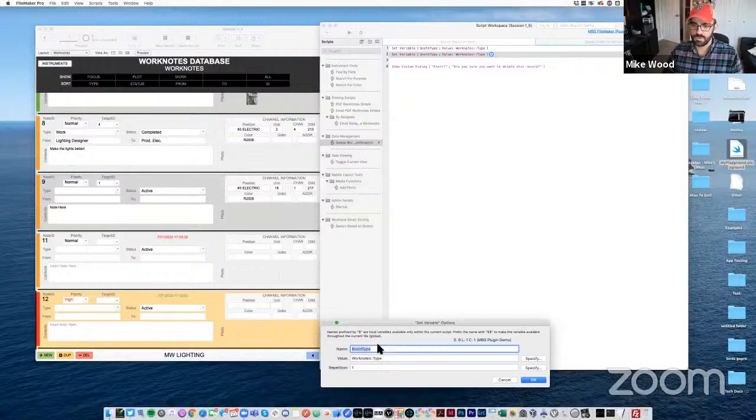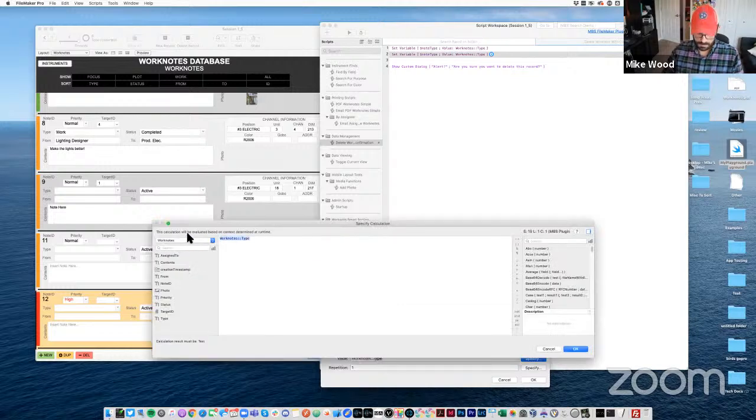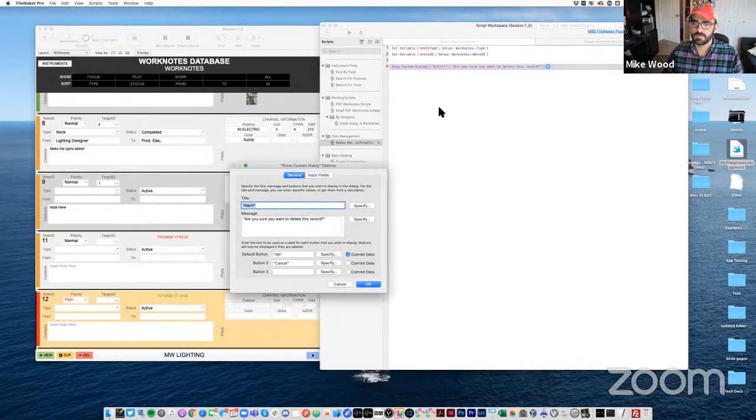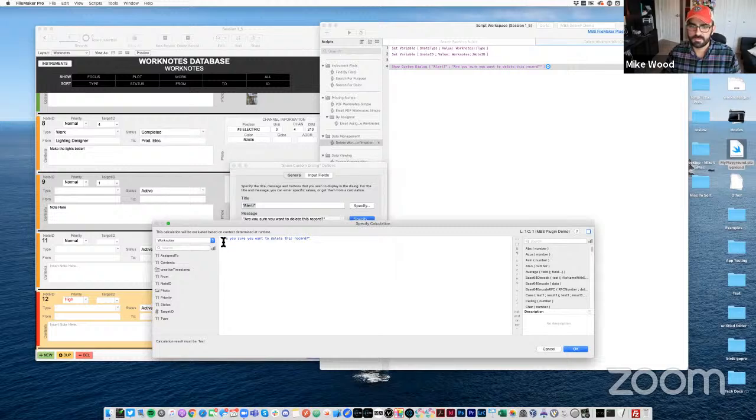And let's say note ID, work notes ID. Okay. And that's probably all I need for now. And now within this custom dialog, I can use those variables that I've defined in a calculation here. So instead of saying, are you sure you want to delete this record? I could say, are you sure that you want to delete